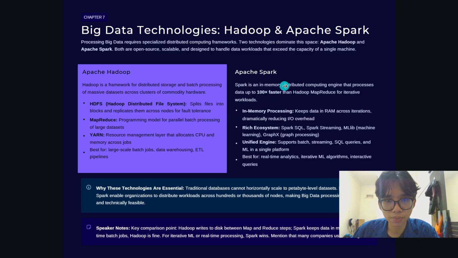And then Apache Spark uses in-memory computing, making it significantly faster, especially for machine learning and real-time analytics. These technologies exist because traditional systems are no longer sufficient for modern scale data workloads.